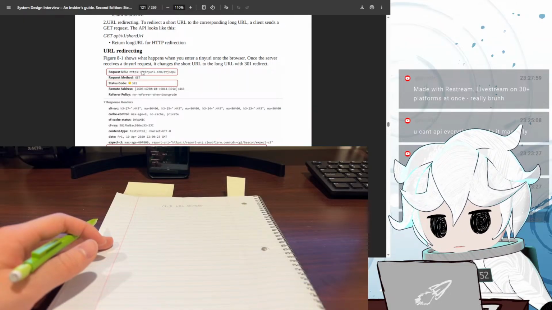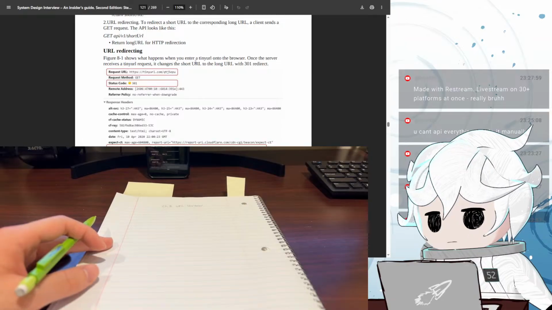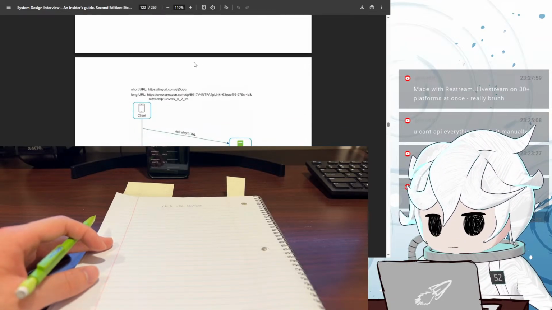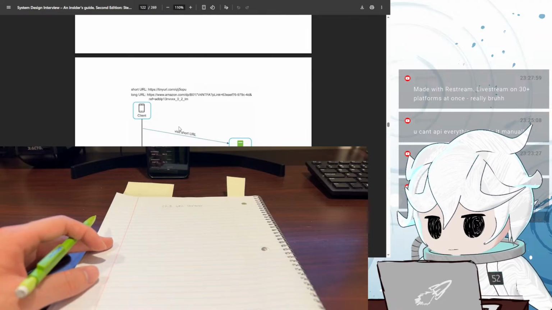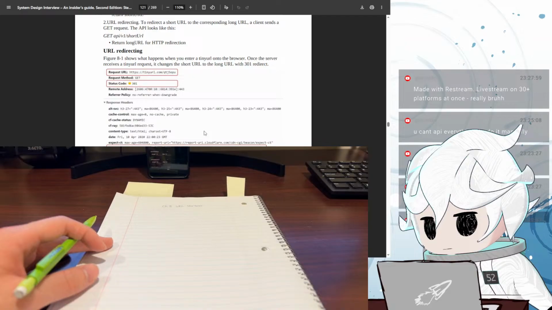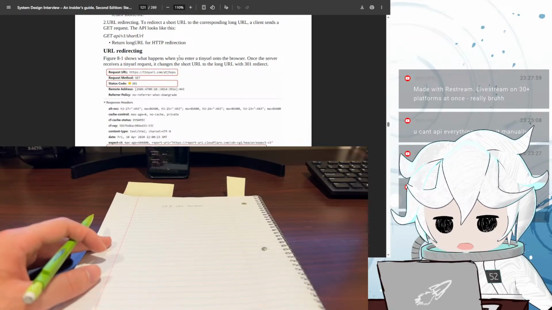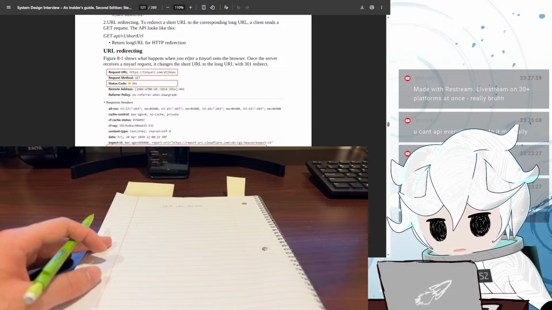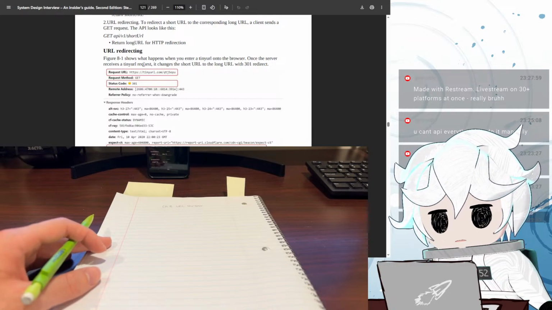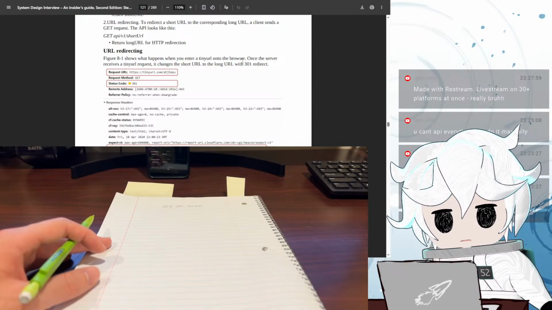URL redirecting. Visit the short URL. I think they're explaining how to actually handle the redirect now. Once the server receives a tiny URL request, it changes the short URL to the long URL with a 301 redirect.